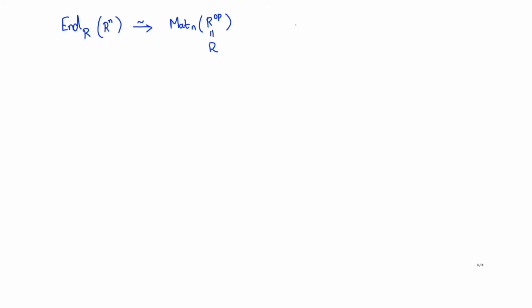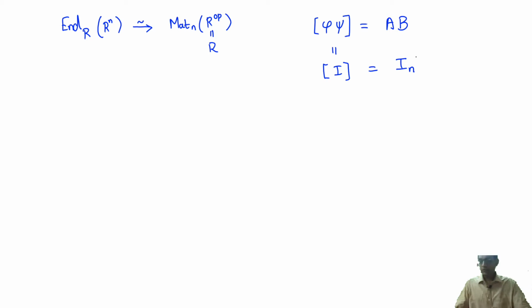So now what do we know? Because phi and psi, so the matrix of phi psi, let me use this notation for the matrix of phi psi, is nothing but the product of the matrices, okay, of phi and psi, which is A and B. Okay, so the matrix is just AB, and on the other hand, phi psi is the identity homomorphism, whose matrix is the identity, the n cross n identity matrix. Okay, so what does that mean? It implies therefore that the matrix A times the matrix B is the identity matrix,